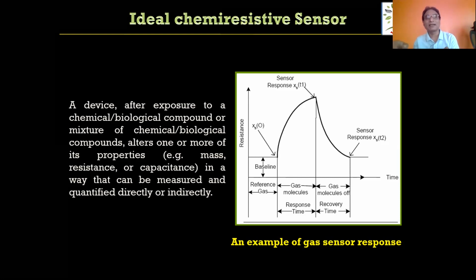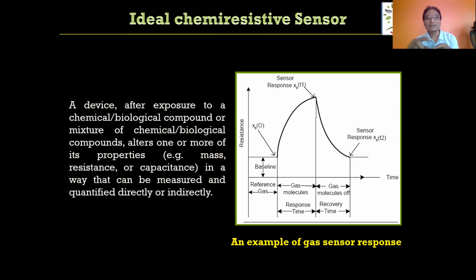It will take some time, and therefore, I hope everybody must have seen our sensor setup in the laboratory. If you look at that sensor setup, we always put that material under a dry air environment. Dry air environment means we always expose our sensing material to dry air, and then we apply the voltage, and we allow that material to settle down.